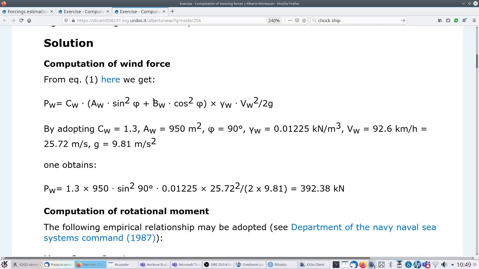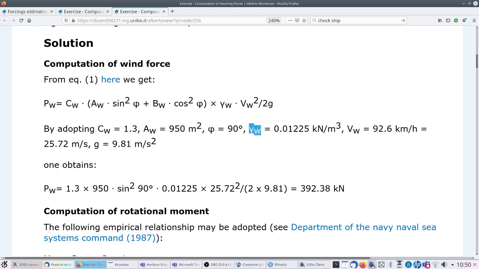And this is why also in the exercise we were given no indication of the transverse area exposed to wind, BW. We didn't get any indication on that because, given that BW is multiplied by 0, we don't need to know it. So by adopting CV equal 1.3 and side area 950 and phi 90 degrees, and then we have